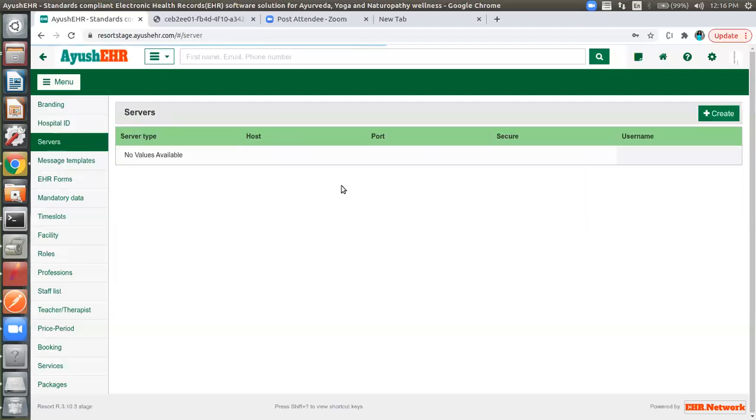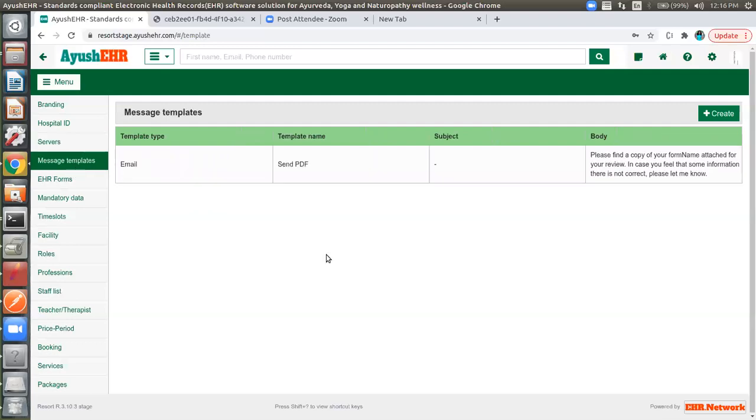And servers. If you want to send feedback, a bug report or support request to our end, or send an SMS, you'll have to set up your own server, where you will give host, port, username and password. Is this product cloud-based or server-based? Cloud based. It is cloud.